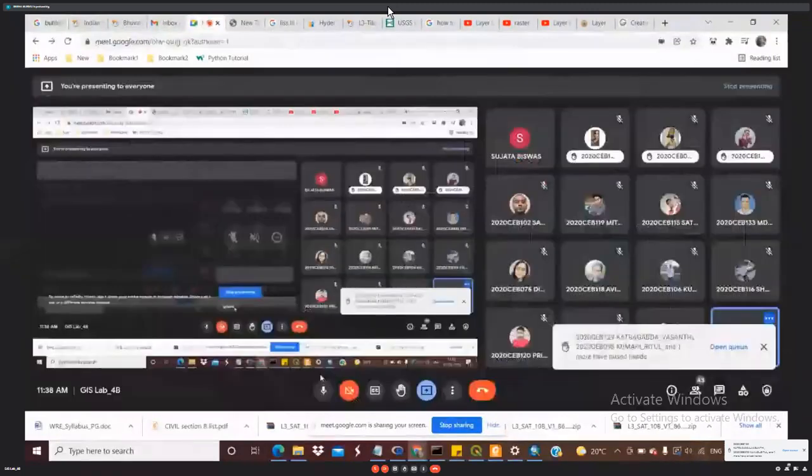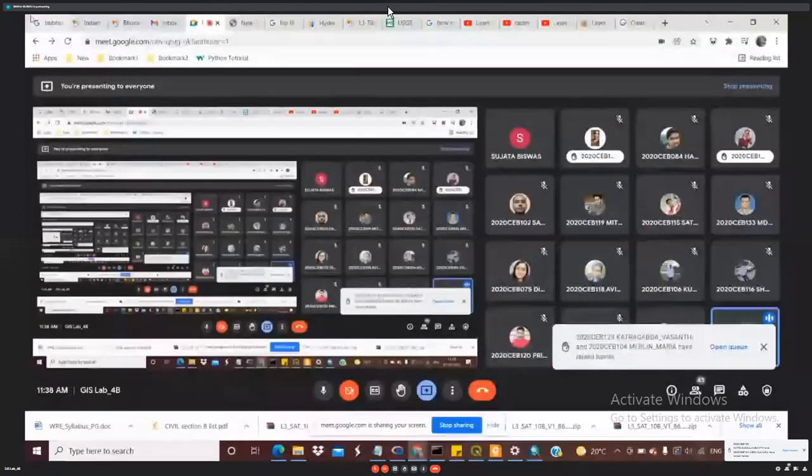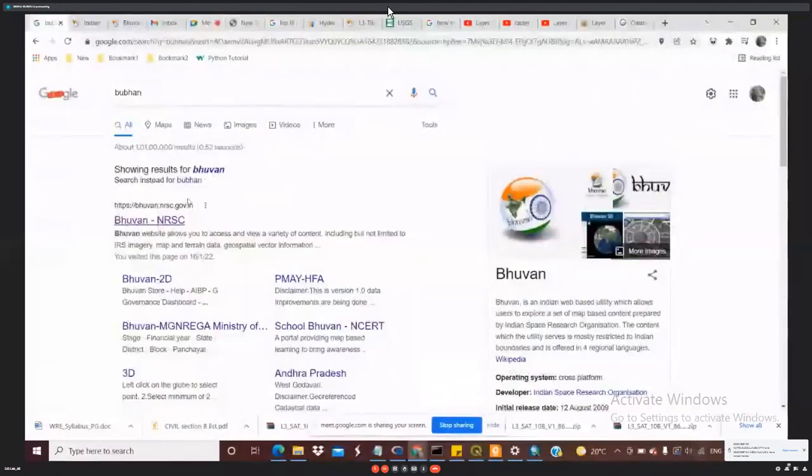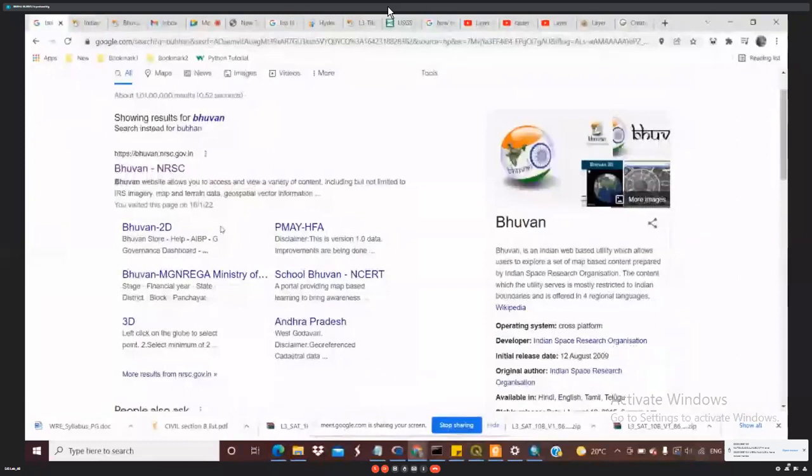As we all know, in India we have an organization that provides us with the satellite images, and we have a portal named Bhuvan. So if you go to Google and just type Bhuvan, then you will get this website, bhuvan.nrsc.gov.in. So we can access all the free satellite images provided by ISRO from this portal. So if you go inside it,